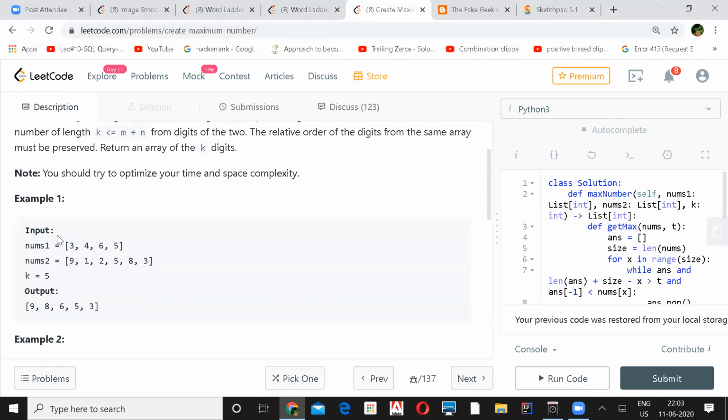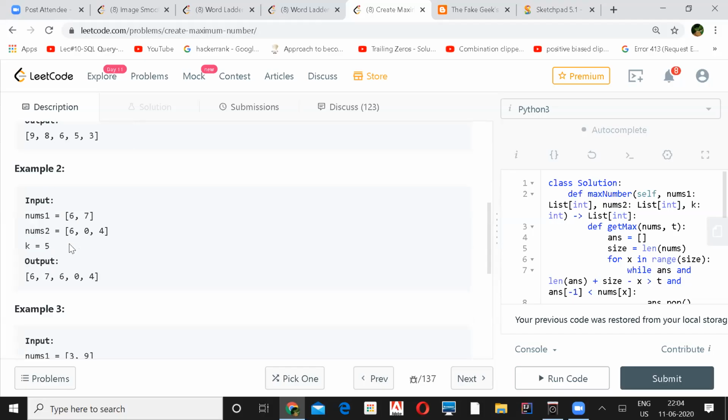Okay, so your nums1 is 3465 and this is the other. If you see, out of these two arrays, 9 is the biggest, followed by 8, then 6. After this, here we are using 5, which preserves its order. These three we are not using. Here also the same thing: 6, 7, 6, 0, 4.